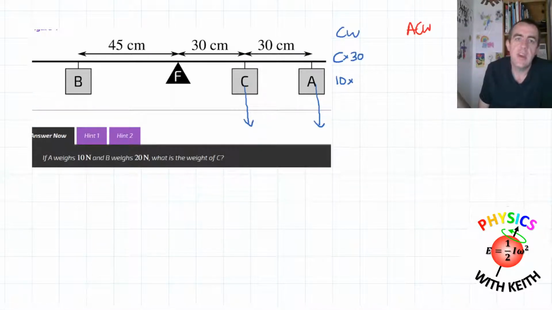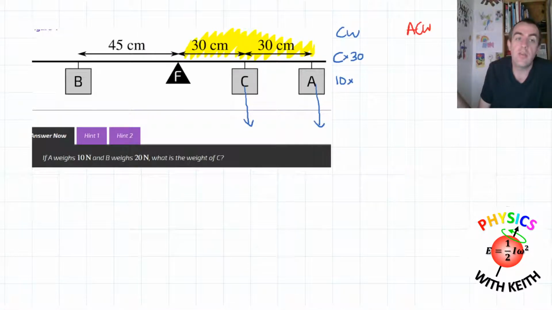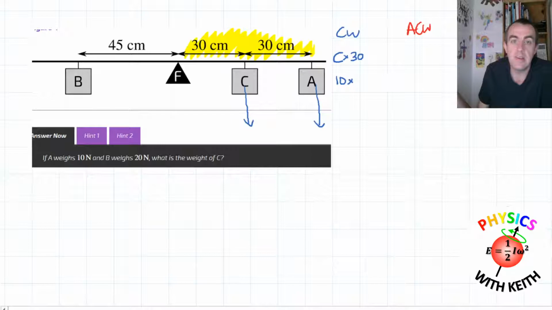I would ask you and get you to type the answer, but I'm just going to keep going because I'm not convinced people have tried it, and if they've not tried it, I don't just want them guessing by themselves. It's not just 30 centimetres, it's 60 centimetres. That's the distance from A to the pivot, 60 centimetres. And so that's on this column of clockwise moments.